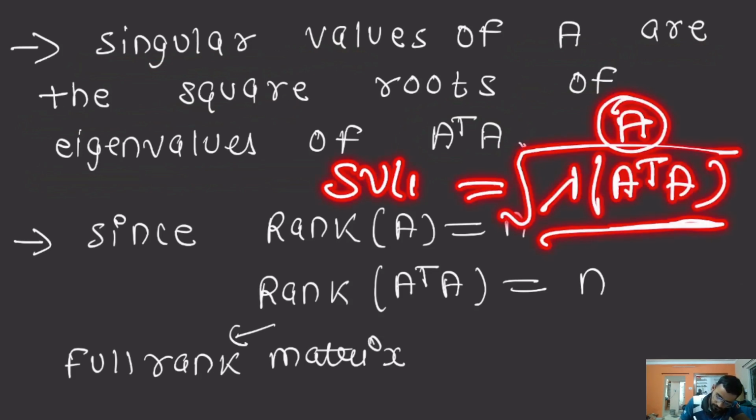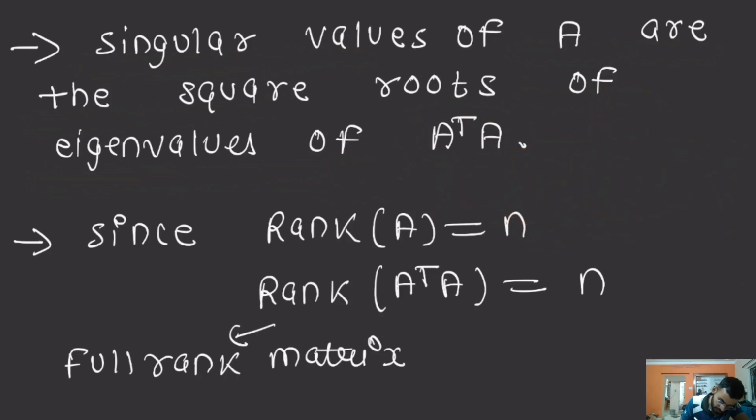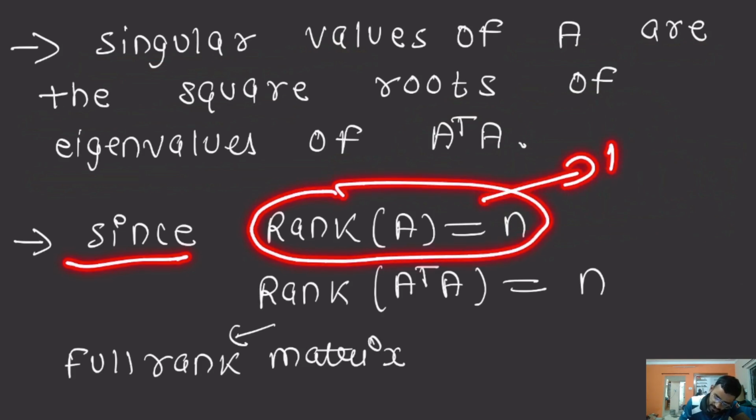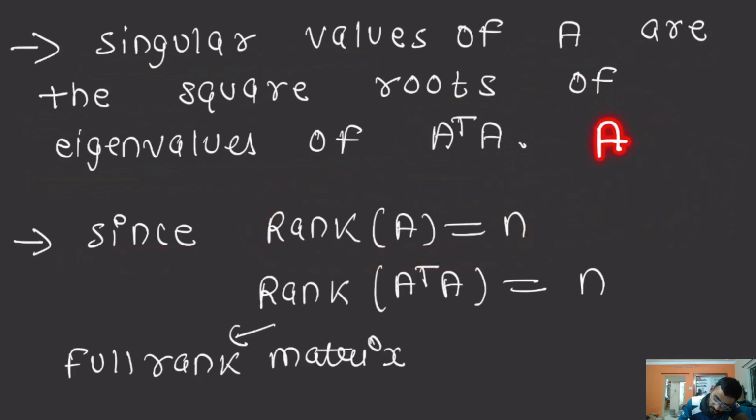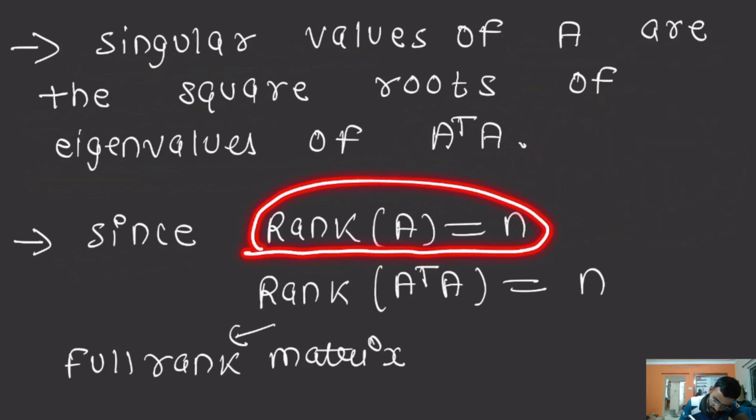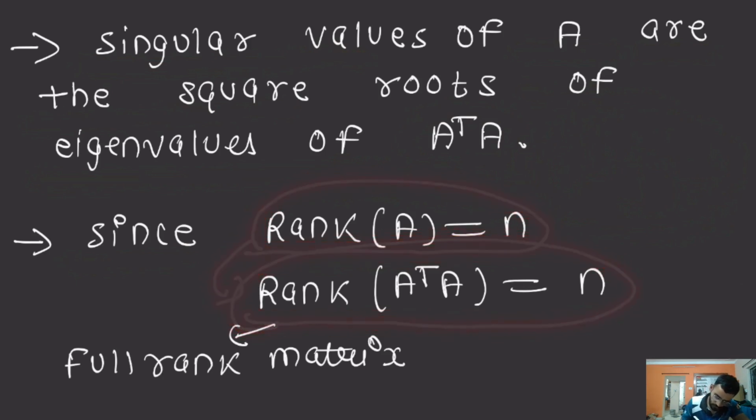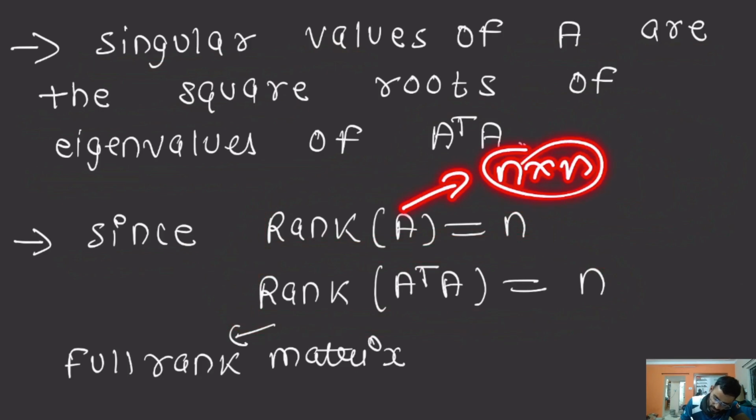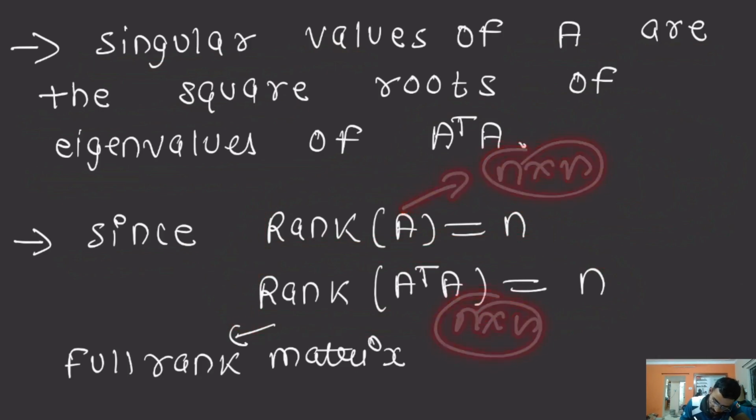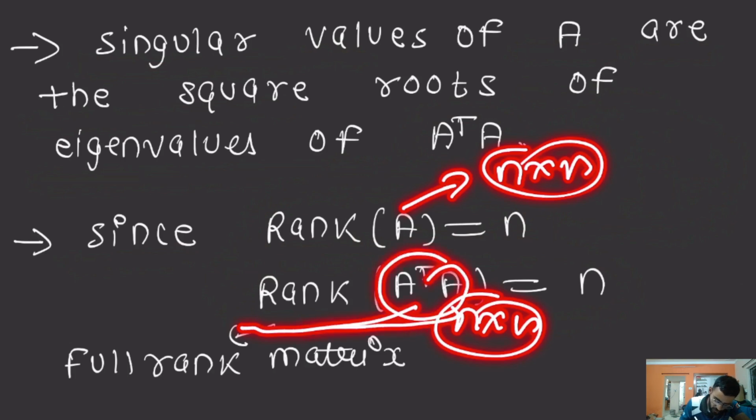Okay, so we know that the rank of A is equal to n. We have seen this because A is invertible. And we know that rank of A and rank of A transpose A are always the same. So here rank of A is equal to n, and hence the rank of A transpose A is also equal to n. Now A is an n cross n matrix, and this is also an n cross n matrix,